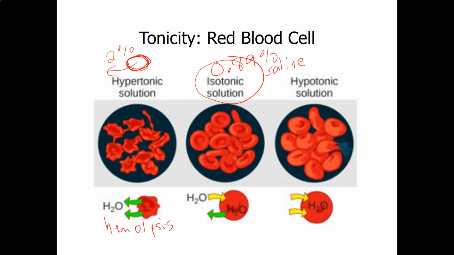And then in a hypotonic solution, it will be the opposite. Inside it's 0.89 saline, and outside it's 0% saline. So it's just straight distilled water. Then water is going to move into the red blood cell and cause some of those red blood cells to burst. We call this,